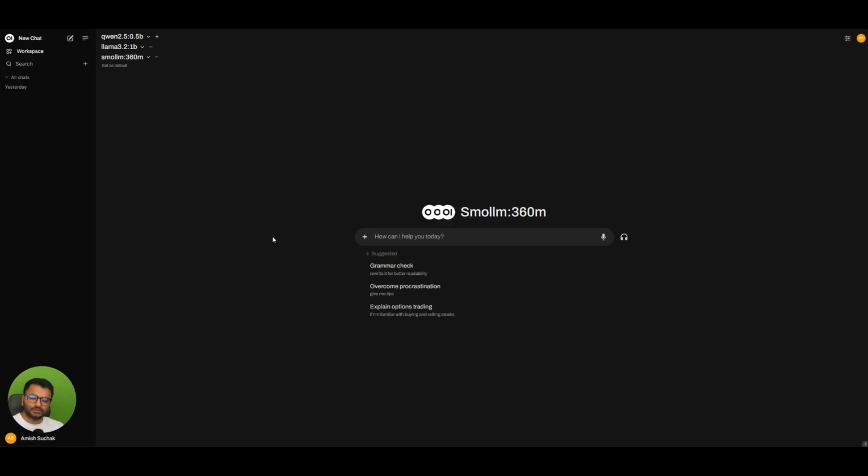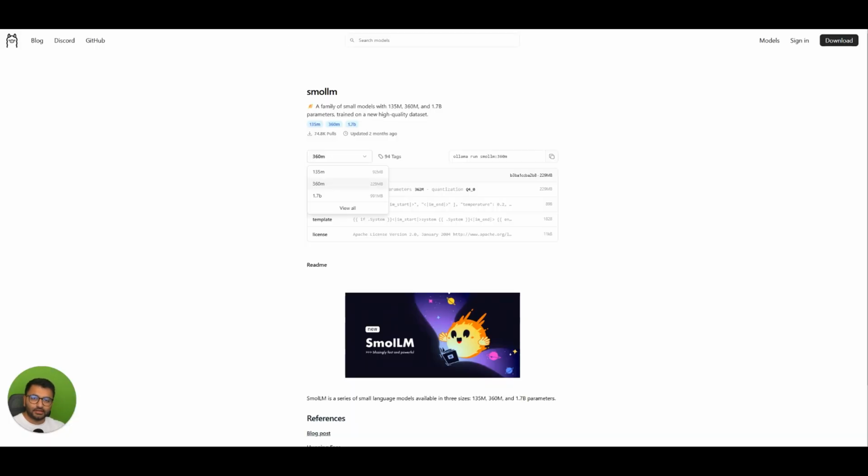So we'll first start by looking at the small language model tier. Now, these are models that can pretty much be run on any CPU or GPU. So they don't actually take a lot of resources to run. And if you don't even have a GPU, then this is the type of model that you would essentially want to run. So we'll start off by comparing the small language model, and this is only about 229 megs,